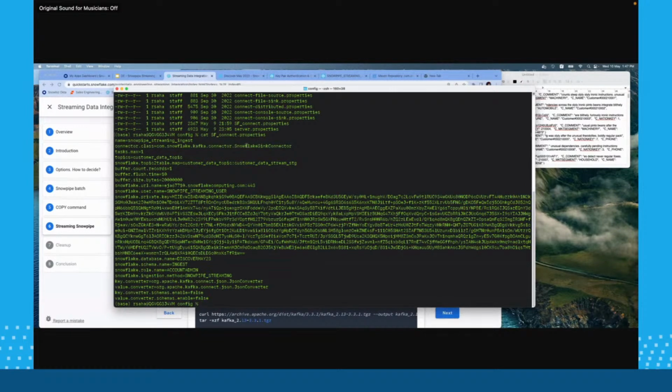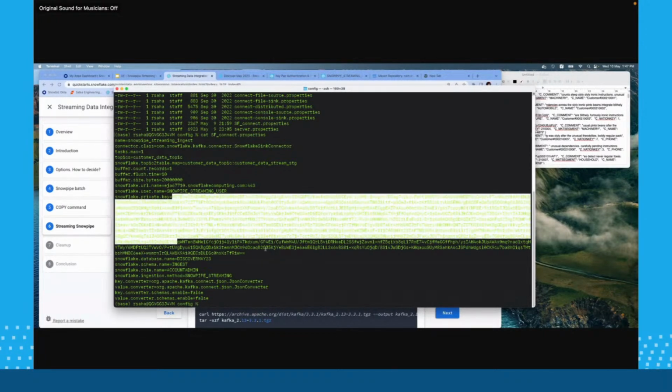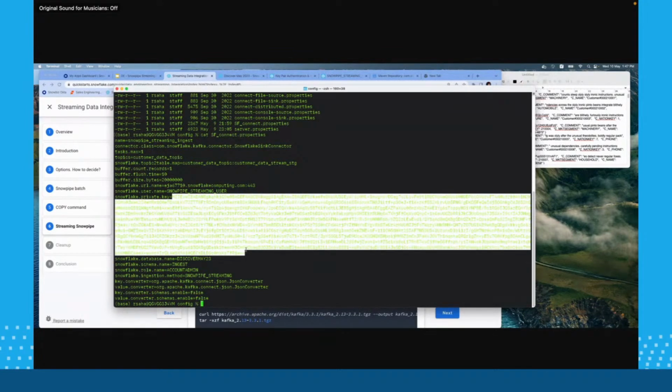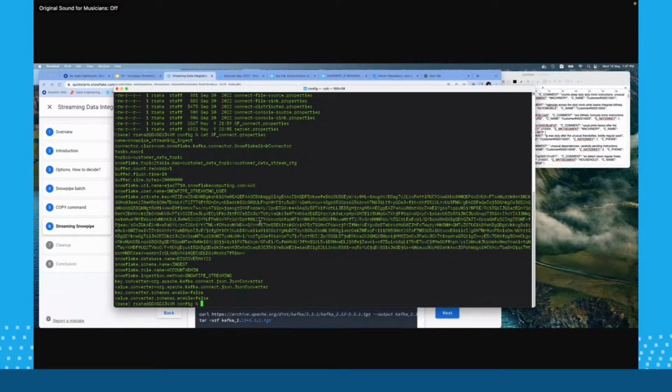If you look at this particular file, I have the name streaming ingest, the connector class, buffer count record. I was talking about how you can define your record set, right? You see it's 1, so that means for every record it is going to ingest. So it's not going to waste any time. I have my Snowflake username written over here, the one that I just created. This is my account URL, and this is my private key. Again, while pasting in the private key out here, please be mindful about the line breaks which will be there in your RSA file.